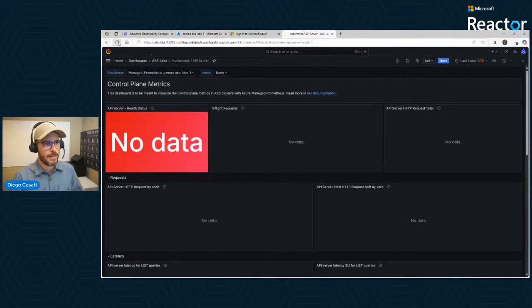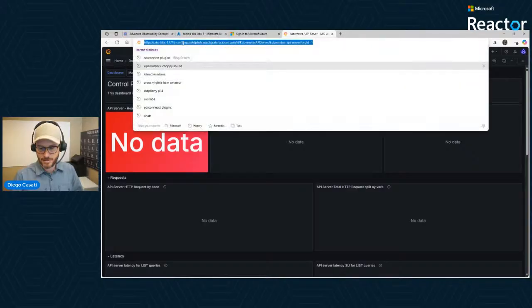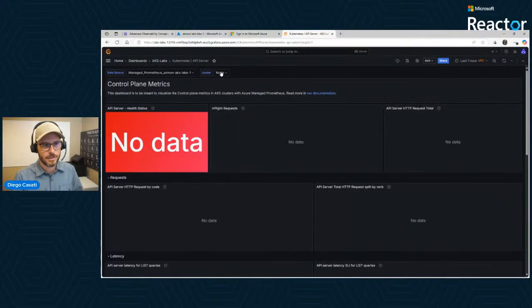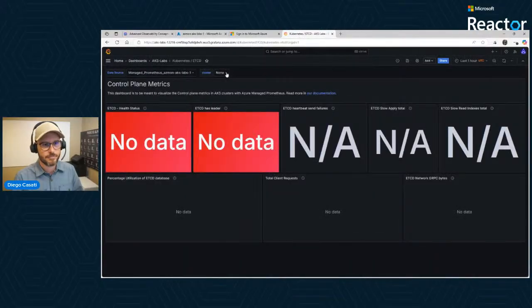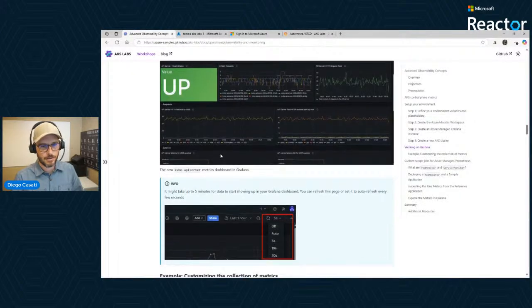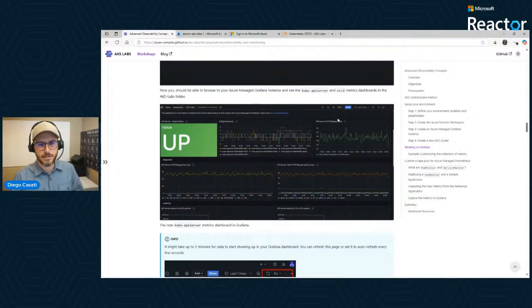So I am expecting that this will populate here in a second, right? I don't see the cluster here for some reason, but we'll have to troubleshoot that together. It hasn't shown up just yet, but it will. Okay, so at the end of the day, this is what you should be looking at. So why do I need the workspace ID? I'm just going to wait for that to come back here.